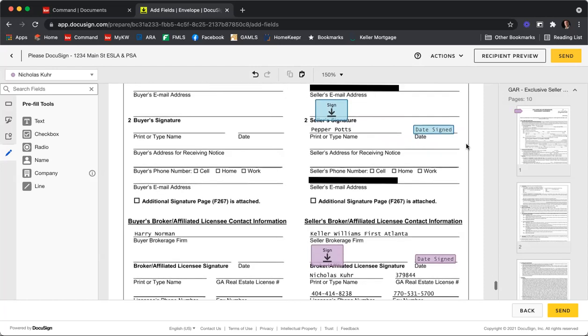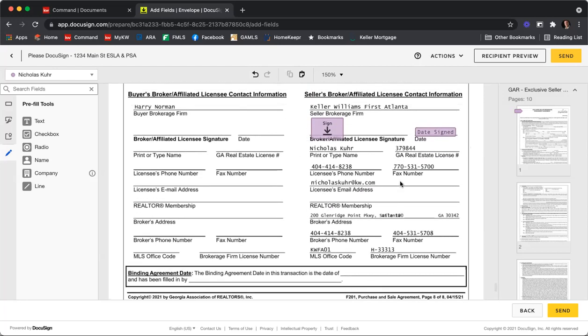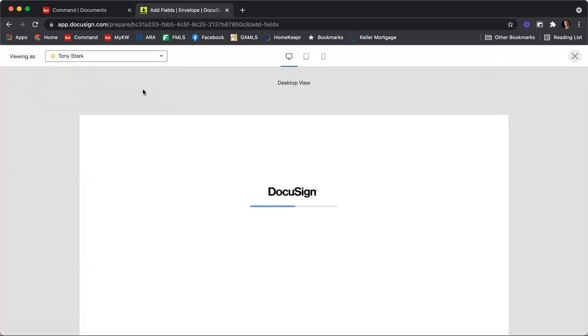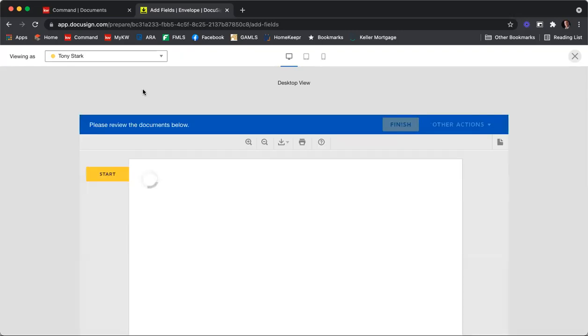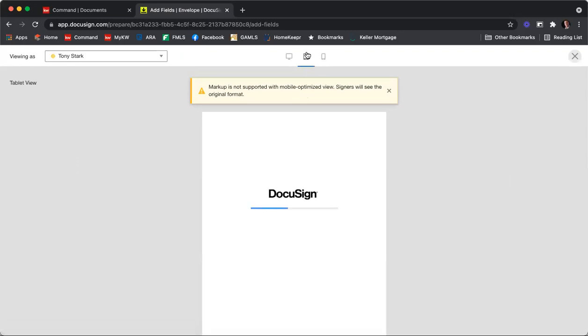So scrolling down, here's signature, everything's good to go. So now I'm done. I'm ready to send this. If before you send, you want to do a quick double check, you can click on recipient preview. Then you can see what it would look like as Tony to sign this. And this is going to show you what it's like for Tony when he goes to sign. And up at the top, we have our desktop view. So if he were to sign on a computer, on a mobile tablet, see, it's a little bit smaller,